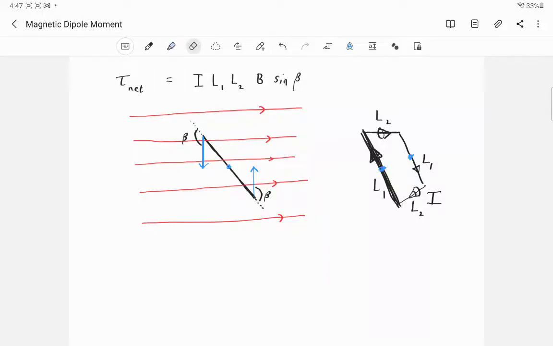My aim in this lecture video is to show you a new physical quantity referred to as the magnetic dipole moment. And so you can see up in the left-hand corner that's what the title of this little talk is about. In the previous video, we got a result towards the end,